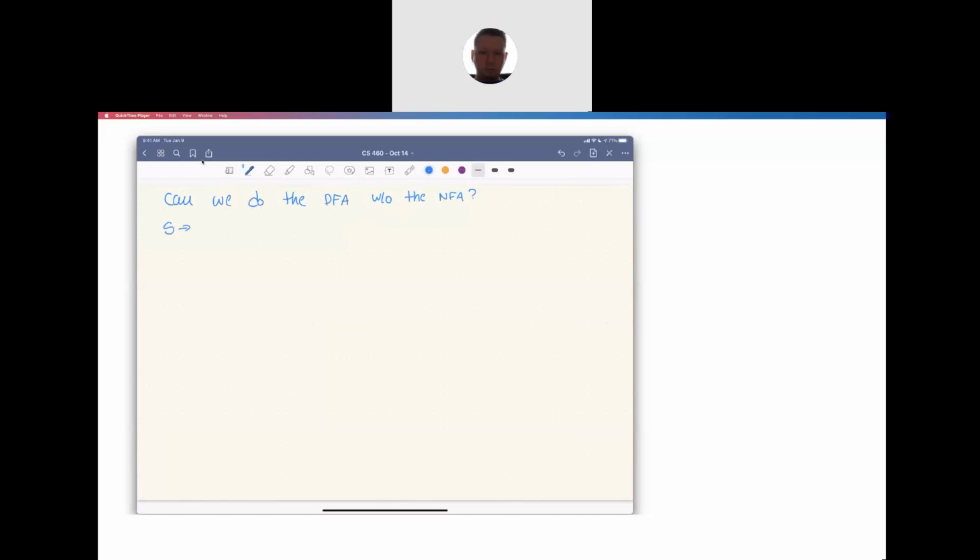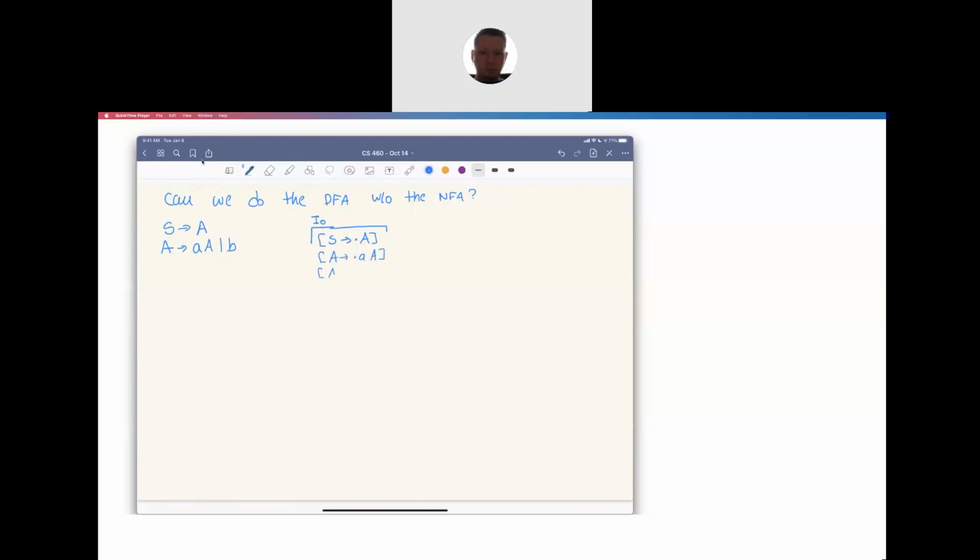And the grammar looked like S goes to A, A goes to little a, or B. So I know that in I0, I always start with the start symbol production with the dot all the way to the left. Now, in the NFA, we had epsilon transitions whenever I had a dot in front of a non-terminal. But if I have a dot in front of that A, I can just go into my grammar and say, all right, I need all the rules with A on the left, added as items with dots there and there. Well, that's easy enough. So I just get